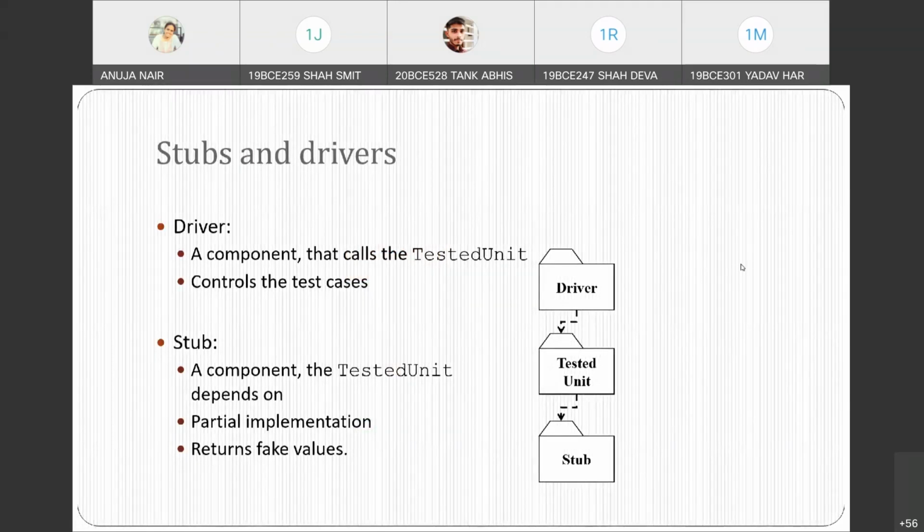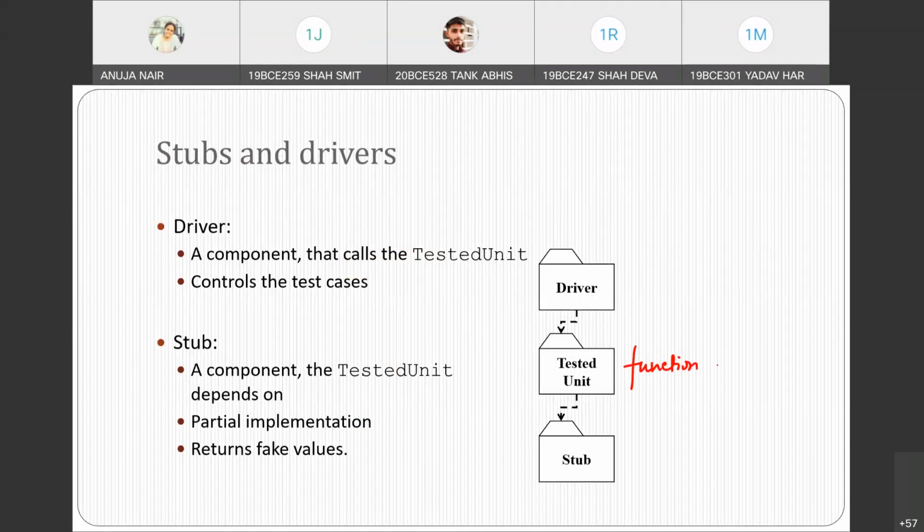Now, what is this concept of stub and driver? Whenever you want to test something, let's say this is one class or function. You have some function, let's say an add function, a very simple example. Or rather, let's take a calci function.